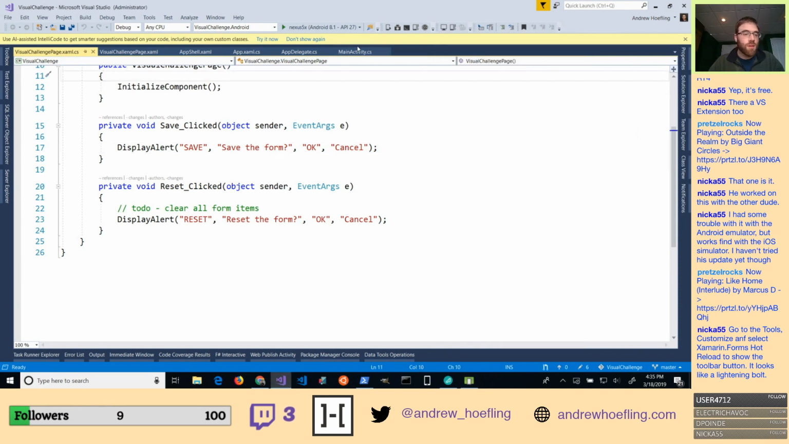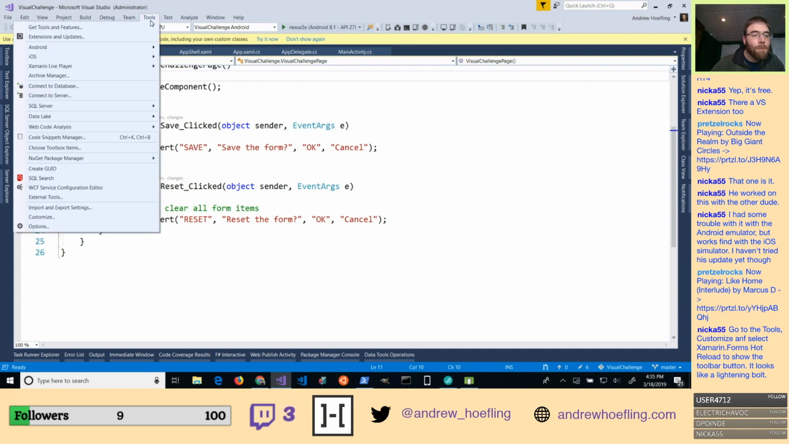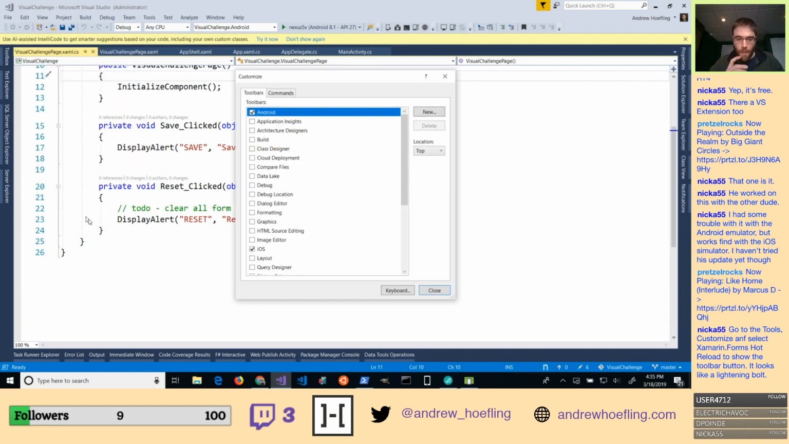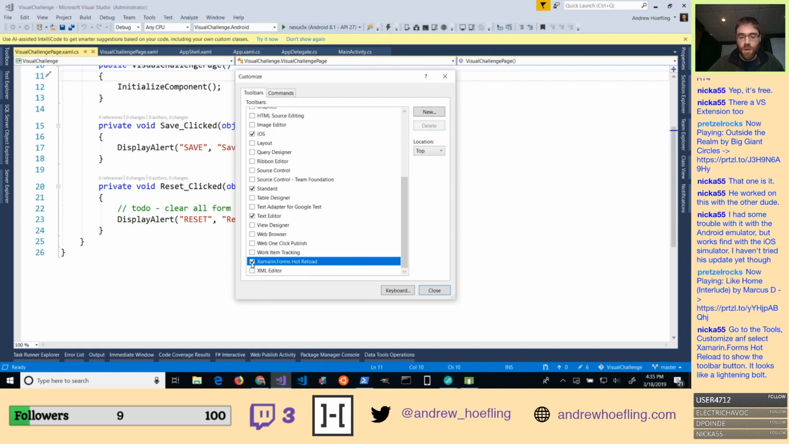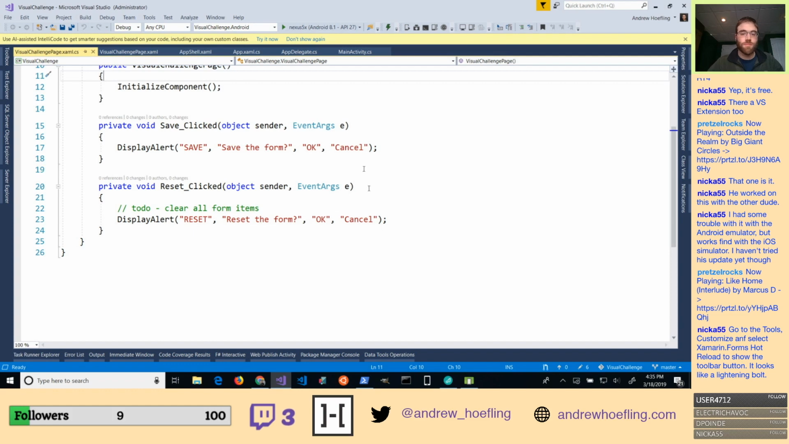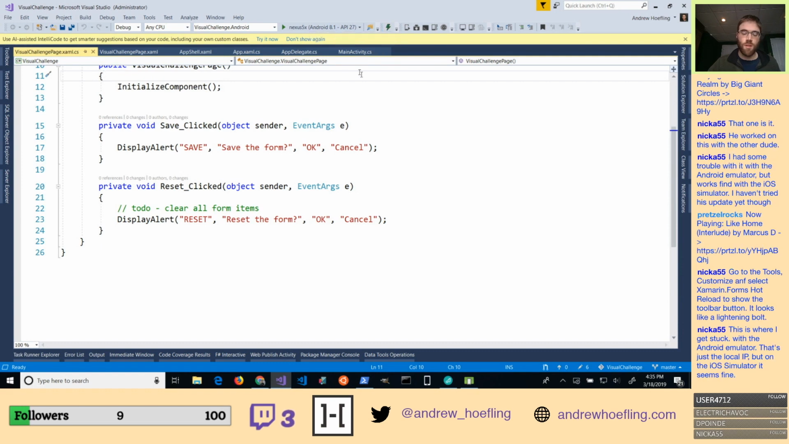We'll see if that works. And Nick was saying if we go to tools, customize, there would be a Xamarin Forms hot reload here. Perfect. Are there any commands we've got to do with that? I don't know. Close. Oh, here's the lightning bolt he was just talking about. Alright, so disable, enable. So right now it looks like it's enabled. So if I run this,